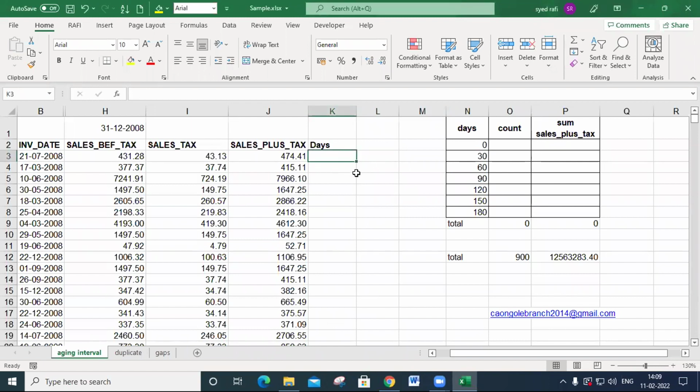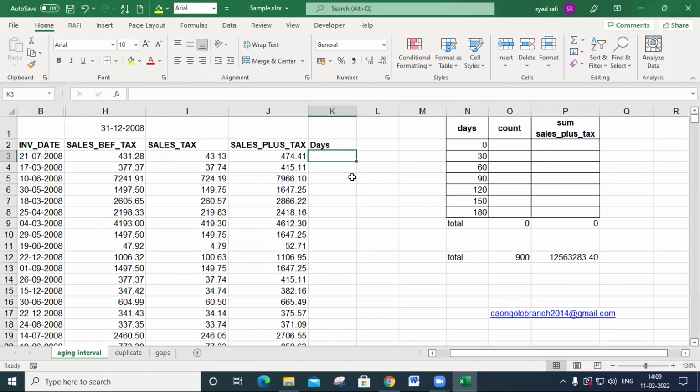So here you may concentrate. Here there is an invoice date, and this last date I define here. How do we calculate the days? First of all, you must calculate the days. Then only you may count or sum. So before doing these calculations, first of all, you must calculate the days.